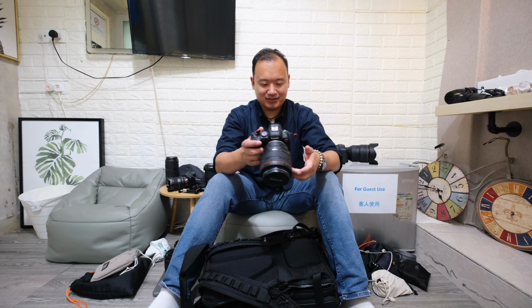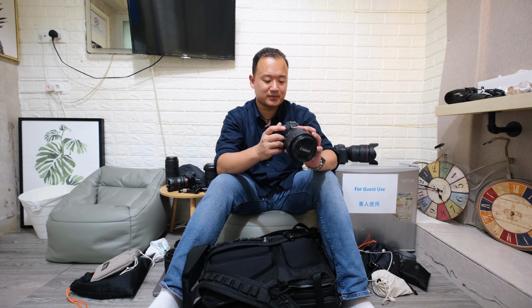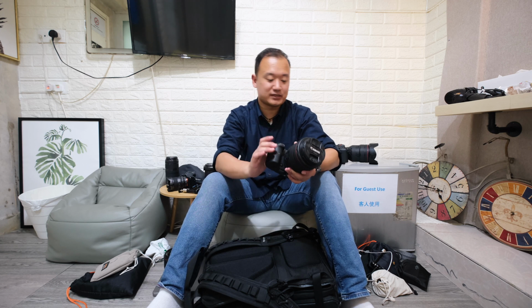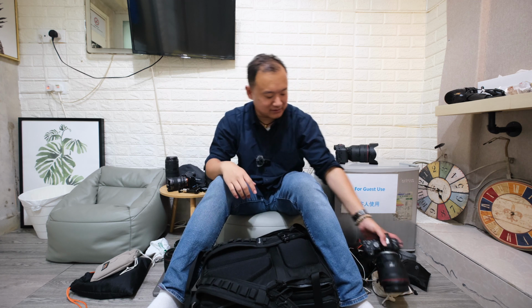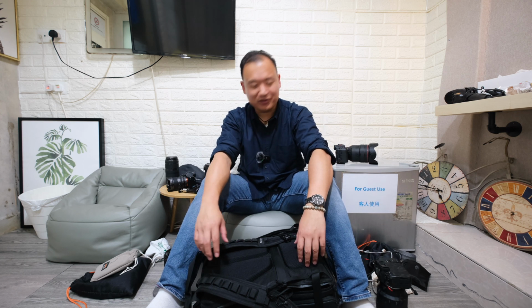Yeah, and overall, just like the R5, it has a very reliable autofocus system. It has very nice, beautiful skin tones and color science, albeit my favorite Canon color science is still from the 1DX. Actually, the original 1DX Classic has my favorite color science out of any camera that I ever owned or used. Yeah, so that's pretty much it for this video. I can't think of any other things that...